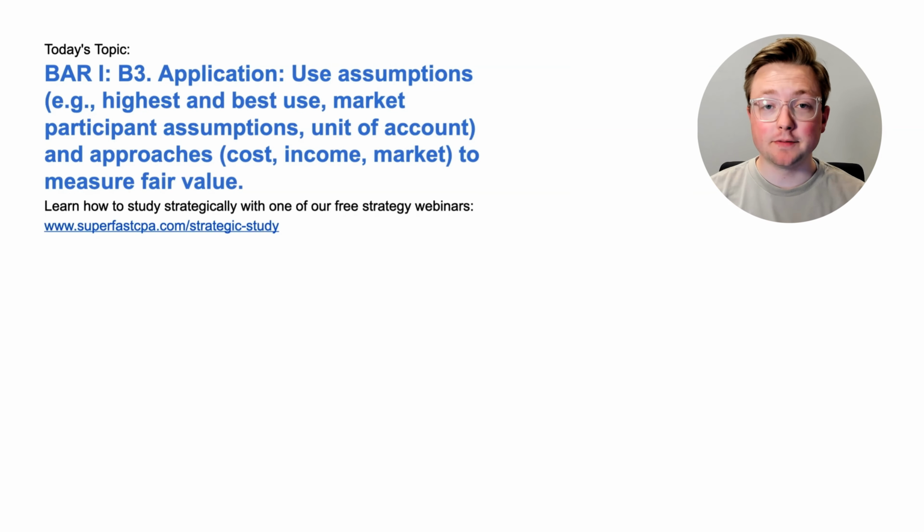I'm Logan, and in today's video, we're going to be going over bar area 1. This is section B3. This is an application topic. Use assumptions such as the highest and best use, market participation assumptions, and unit of account, and approaches such as cost, income, and market approaches to measure fair value. And we're going to be doing that the SuperfastCPA way, which is diving straight into the questions to learn the